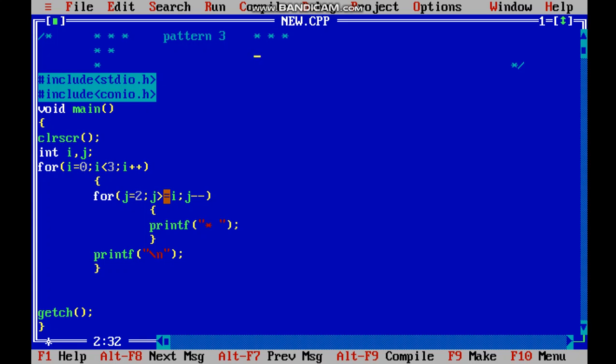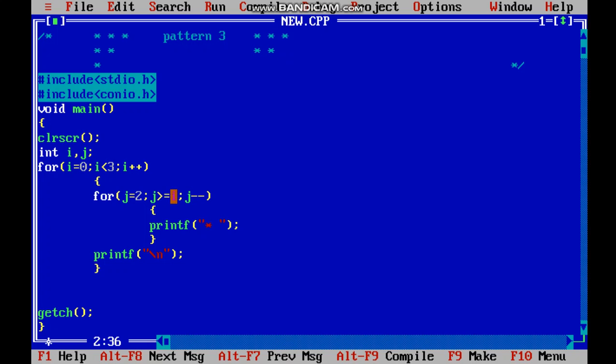So j is equal to 2, and 2 is greater than or equal to 1. It will run once, so we got an asterisk and a space. Now again j minus minus, that means 1 is greater than or equal to 1, true. Again an asterisk and a space.